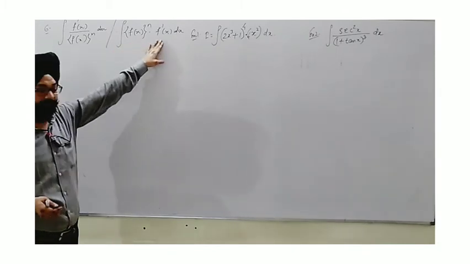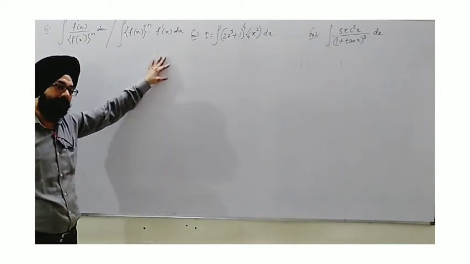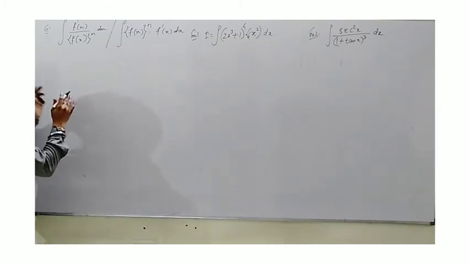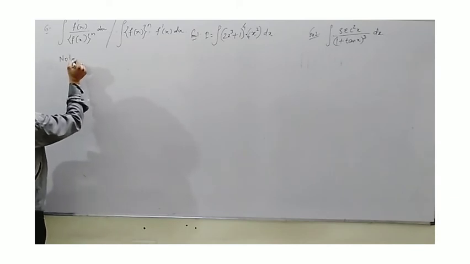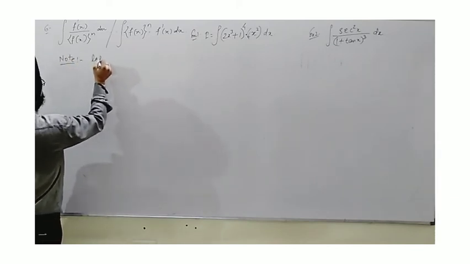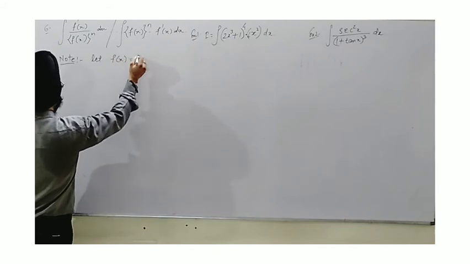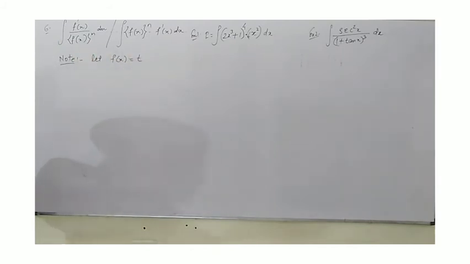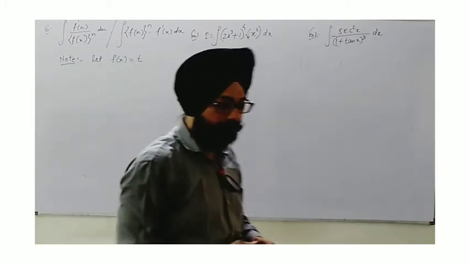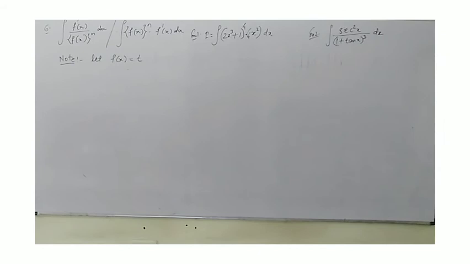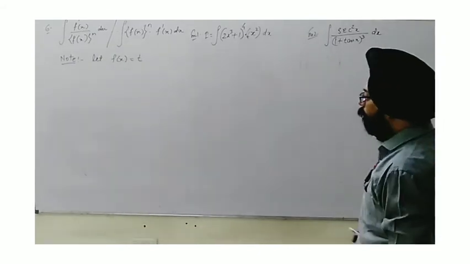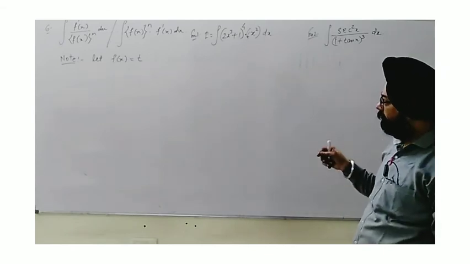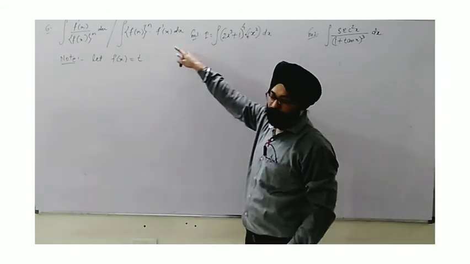Here these two are given in multiplication. So whenever such a pattern appears, you identify that there is an application of this pattern, then the method we apply is to consider f(x) as t. The whole function is considered as t. Now I have taken an example here. We will use these two, and more things we will do here.